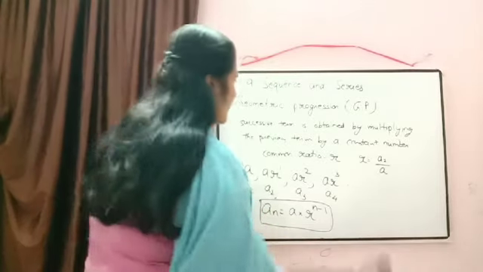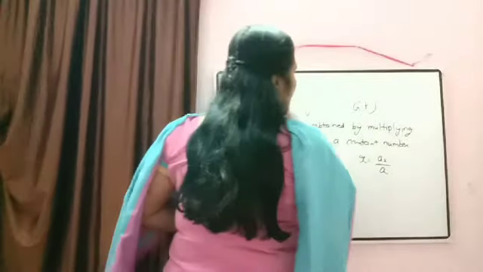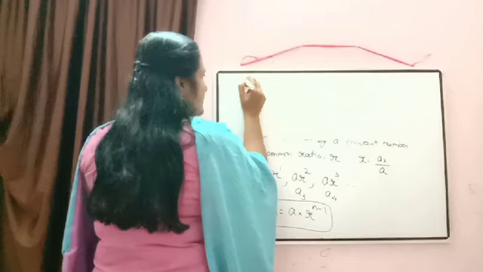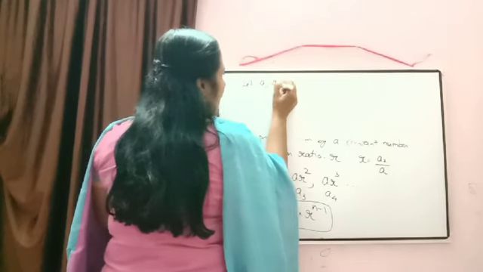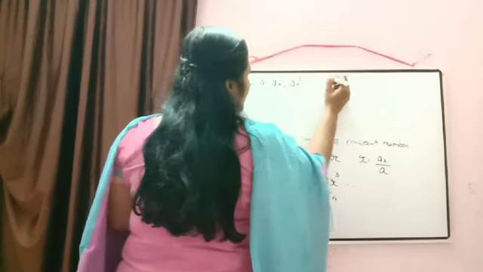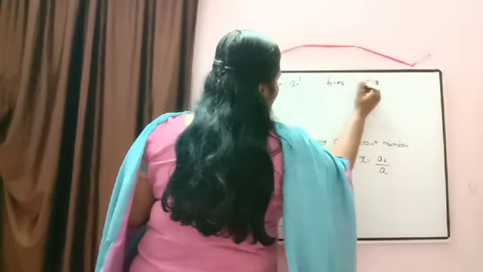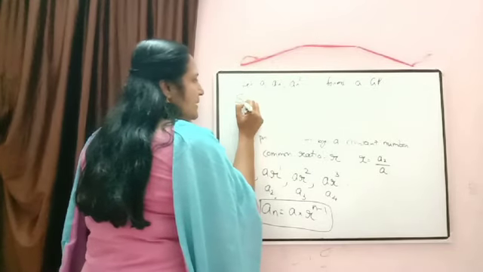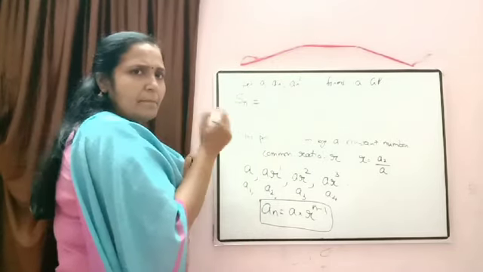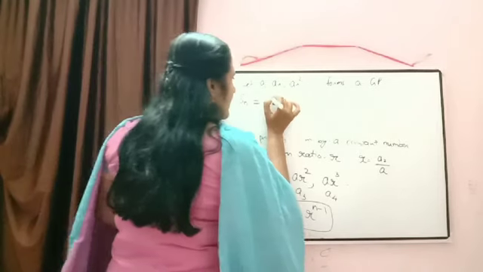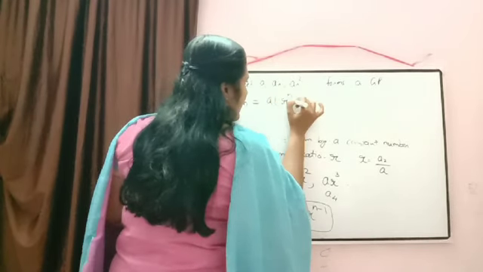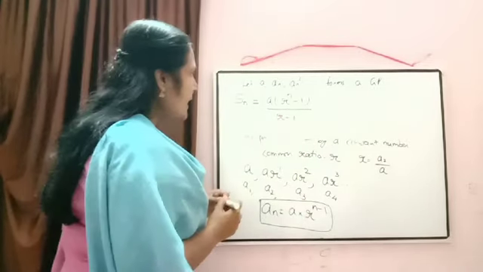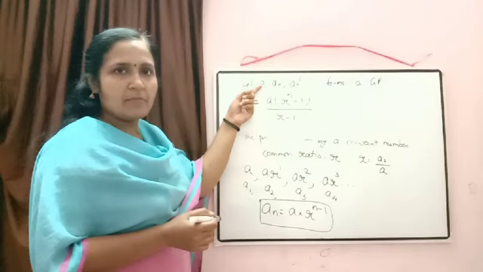Okay. Now all of you write down the sum of n terms of a GP. The formula we are going to write directly. Now suppose A, AR, AR square, etc. forms a GP. Then the sum of n terms of the GP, denoted by Sn or simply S, is given by A into R raised to n minus 1 divided by R minus 1. What is A here? A is the first term of the GP.